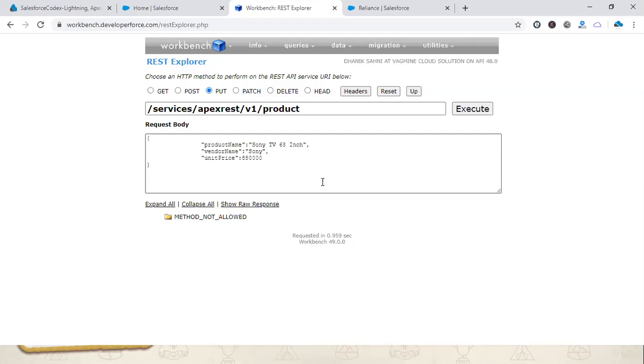It's for insertion and also for updation. When the request comes, it will first search whether the data they are sending is already available in the system or not. If it's available, it will update that data. If it is not available, then it will create that data. Okay, so let's see how it works right now.